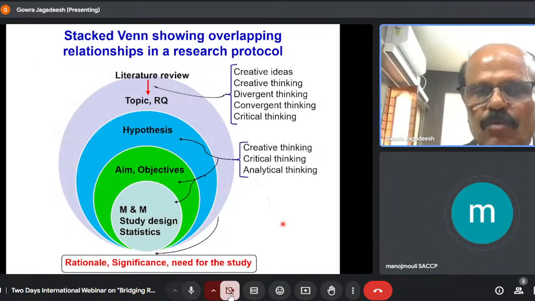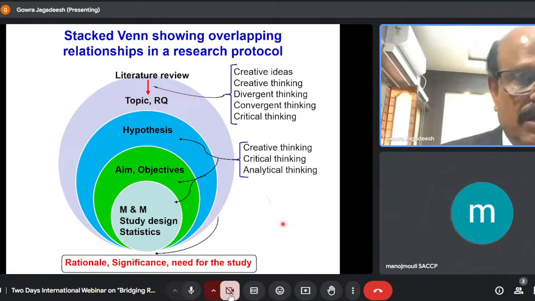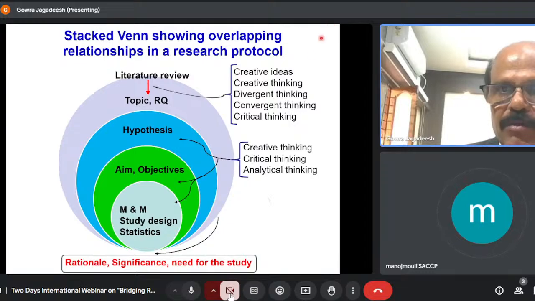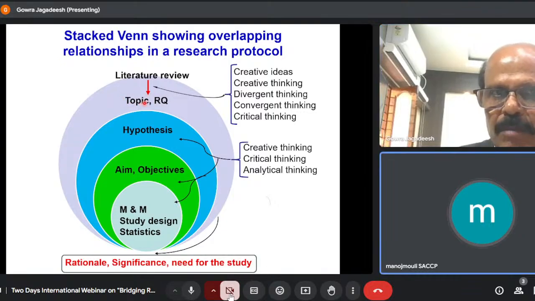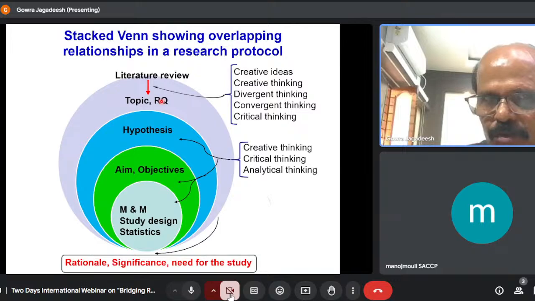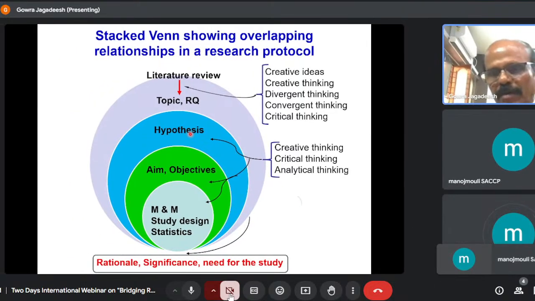Again, let me recapitulate the whole thing I said in the last 50 slides. This stacked series shows that based upon your thinking paradigms like creative thinking, divergent thinking, convergent thinking, and critical thinking, with reading a lot of literature, you have come up with a viable, nice topic. From the topic, you put a lot of questions. Then you'll be thinking through these questions to get the right hypothesis. Again, you will be using creative thinking, what kind of hypothesis I can write so that we can test easily,